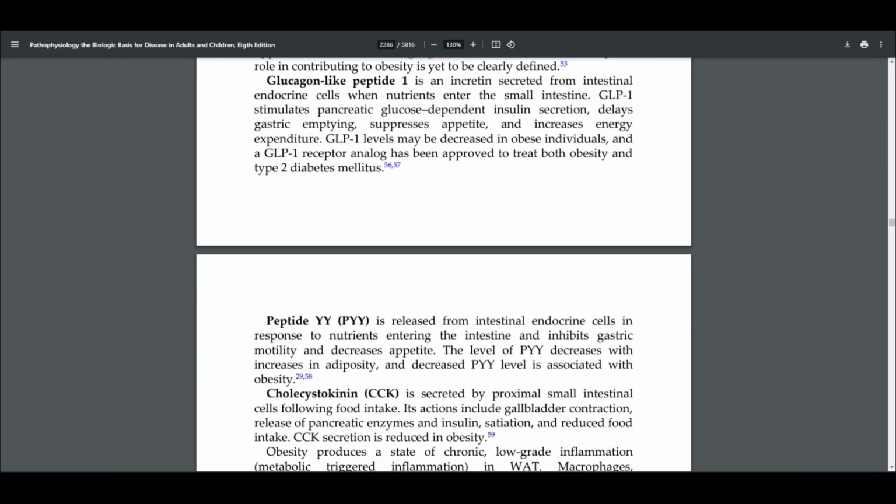Glucagon-like peptide 1 is an incretin secreted from intestinal endocrine cells when nutrients enter the small intestine. Glucagon-like peptide 1, or GLP-1, stimulates pancreatic glucose-dependent insulin secretion, delays gastric emptying, suppresses appetite, and increases energy expenditure. GLP-1 levels may be decreased in obese individuals, and GLP-1 receptor analogs have been approved to treat both obesity and